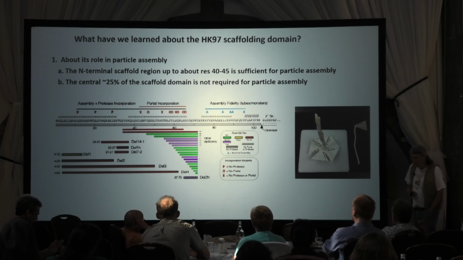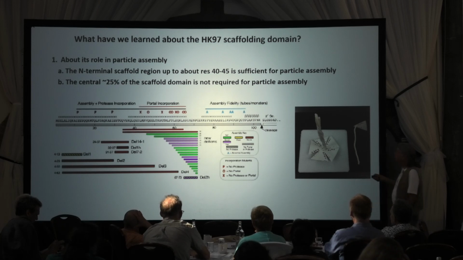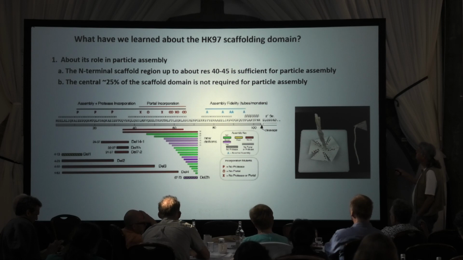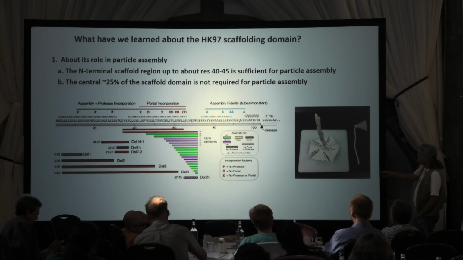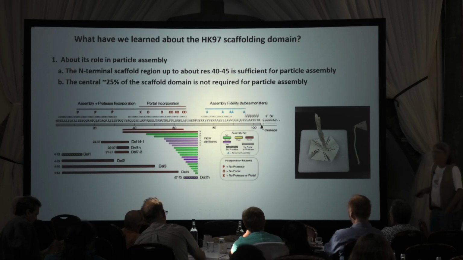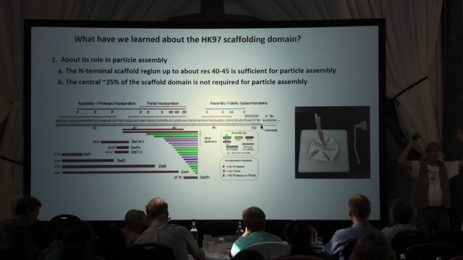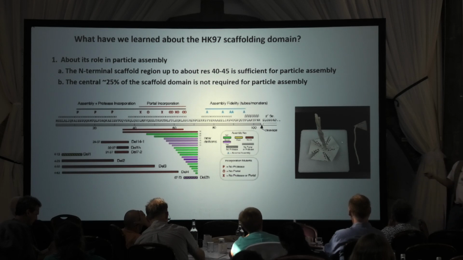So here's my sort of quick summary. What have we learned about its role in particle assembly? Well, the N-terminal scaffold region is sufficient for particle assembly because we can delete from the middle up to about that level. The central portion is not required for particle assembly, which was a surprise to all of us. So that's suggesting that maybe the N-terminus is really important for initiating the formation of capsids, maybe by initiating the formation of capsimers. So this is my very crude model where